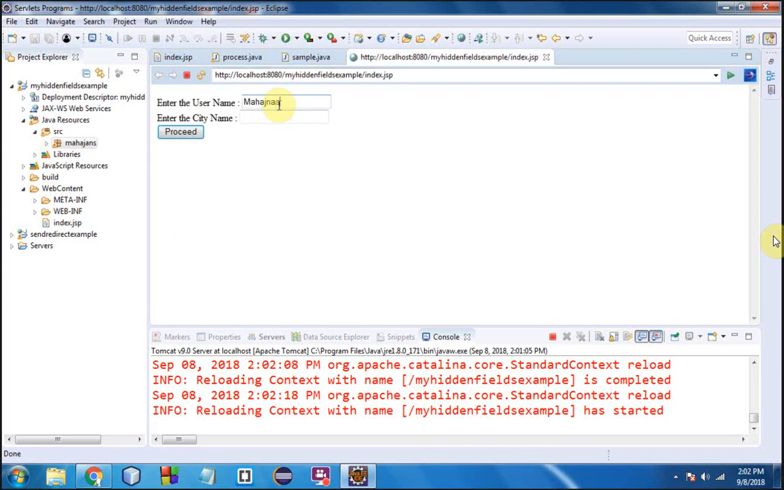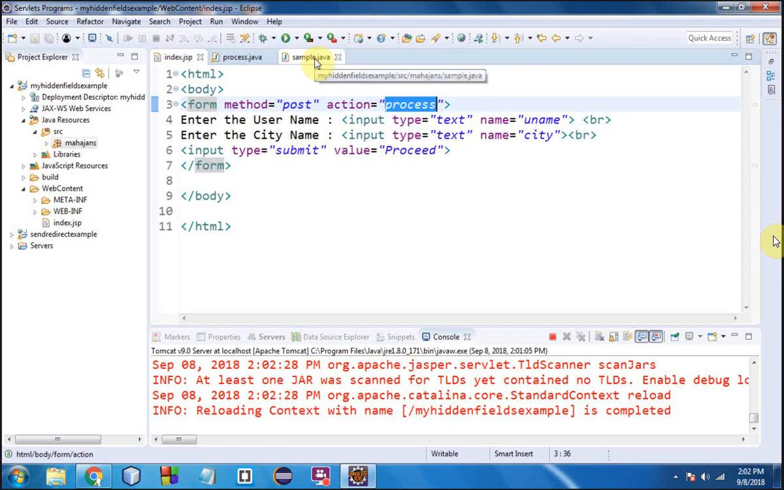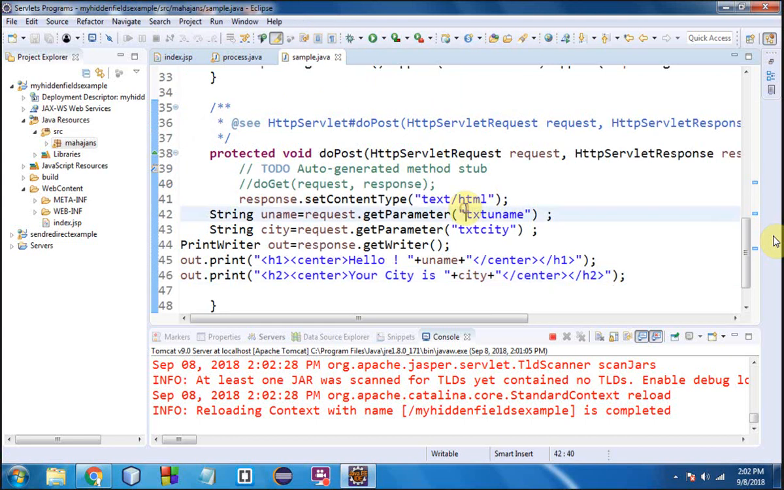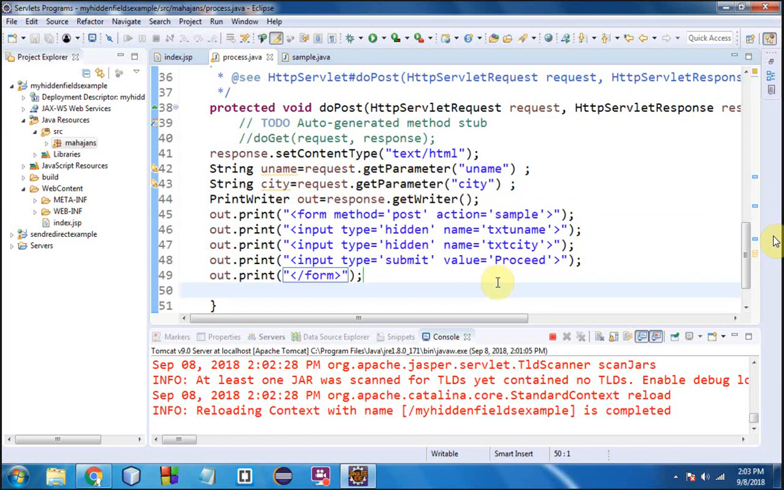So this is Mahajan's username, city name suppose Kurukshetra. Click on proceed. Now this is process.java servlet, and through hidden fields it has got the values, and those values are passed to sample servlet. So these values were getting printed. So actually these were the names of our hidden fields: txt name, txt city,